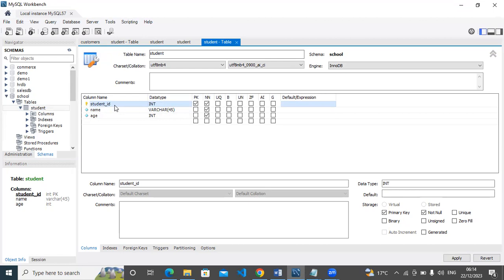So the key things that we are looking at here, we are looking at not null. Not null means this NN here, it means that our primary key field cannot be left empty. Why? Because it is a unique field that we use to search each and every record. And we must ensure we have set the integer data type, and we have to ensure that we have kept it. So foreign key